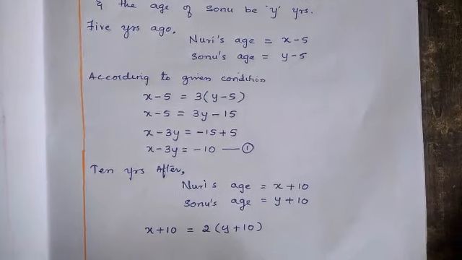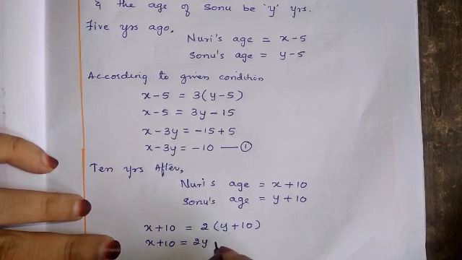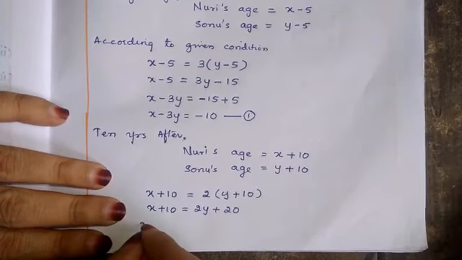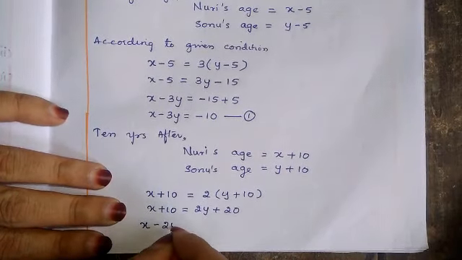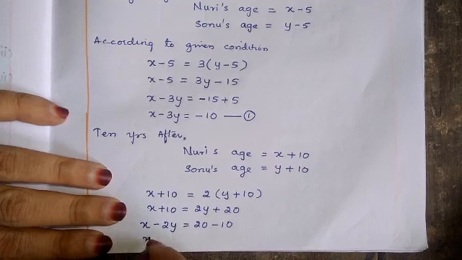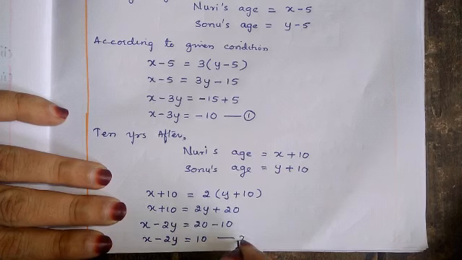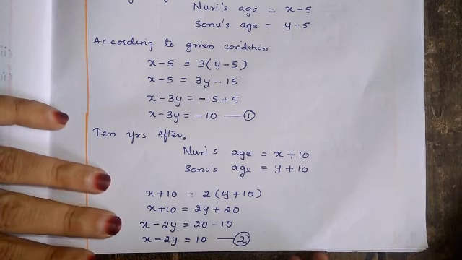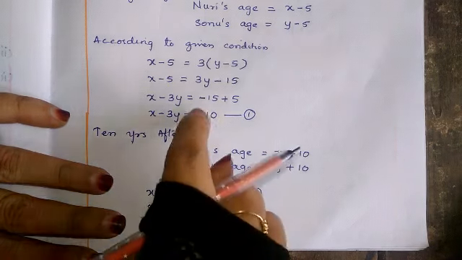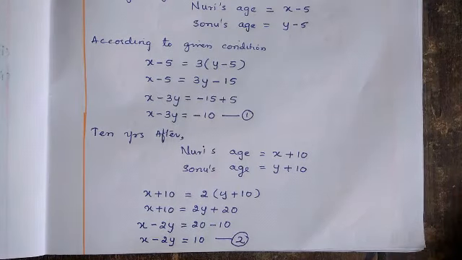So what we have to do? We have to solve this. x plus 10 is equal to 2 into y, 2y, 2 tens are 20. Now let me solve this. x this side only, 2y I will bring this side, minus, it will become 20 this side only, 10 I will bring this side, and x minus 2y is equal to 20 minus 10, which is 10. This is equation 2. Now like the previous equations we solved, we have to do the same thing, solving 1 and 2. Let me write it at the backside.